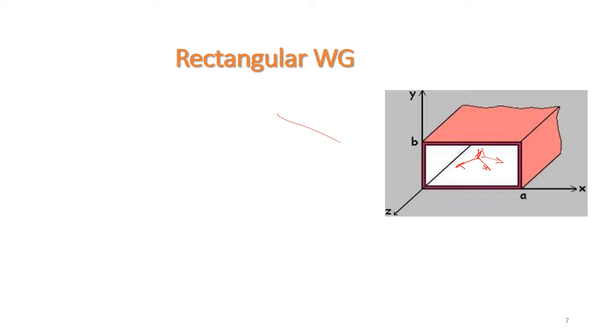Now, as this is a waveguide structure, it is not going to absorb the signal. Then what will happen when this radiation hits the walls of the waveguide? It will get reflected from the walls of the waveguide like this. If it hits this wall, it will get reflected, then it will get reflected from this wall also.